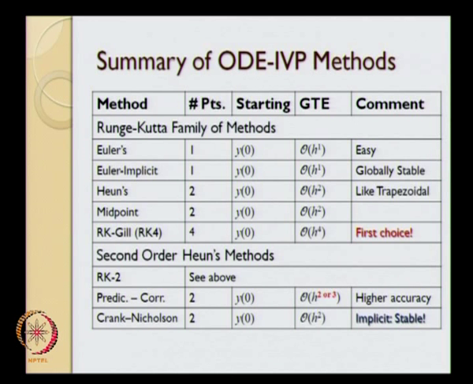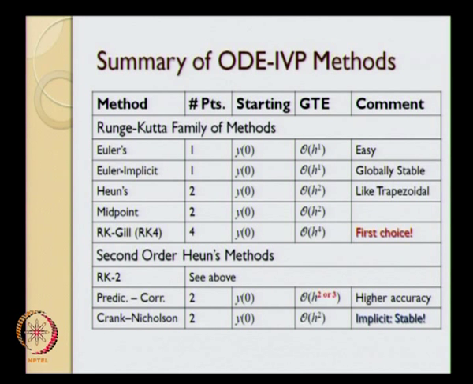For MATLAB, essentially you can use ODE45, which is a fourth order, fifth order Runge-Kutta Cash-Karp method. Okay, then we talked about, just a few slides earlier, a comparison of the second order methods. The RK2 variant of Heun's method is what we had just discussed over here. The predictor corrector form of Heun's method can be order h squared accurate or h cubed accurate, I will come to that in a minute, and the Crank-Nicolson method is an implicit method and therefore it is stable and it is h squared accurate.